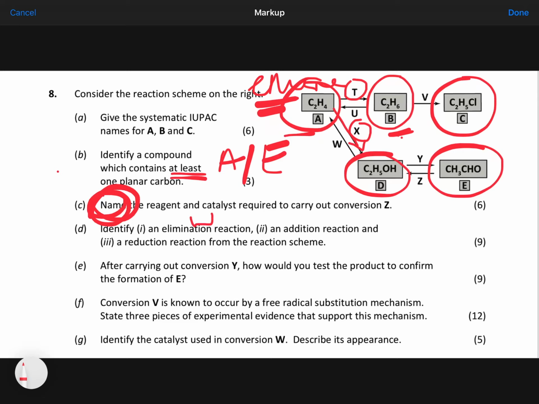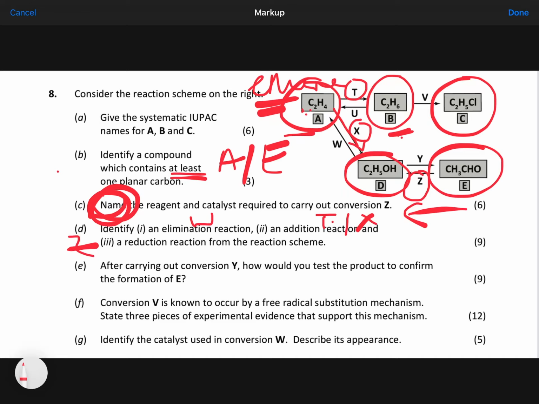And then the next one says the addition. I've already highlighted T and X. Anything coming out of the alkene there, the ethene, is addition. And then they ask you for reduction. Well, reduction is here, look. All right, it's E back to D, so it's the ethanal back to the alcohol,